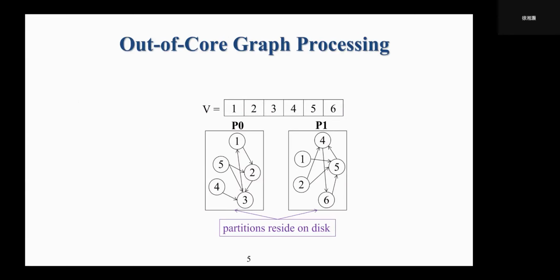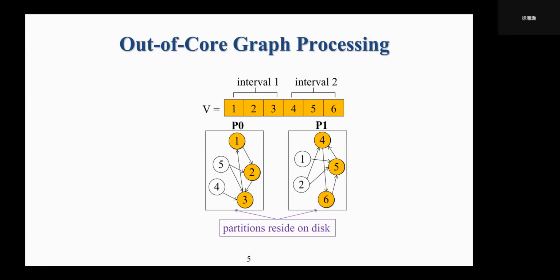When handling an input graph, the out-of-core graph processing system first divides the vertex side of the graph into disjoint intervals and the edge side into several smaller partitions. Each partition contains the incoming or outgoing edges of the corresponding vertex interval. During the processing of the graph, the system successively loads and processes each vertex interval and the corresponding edge partition